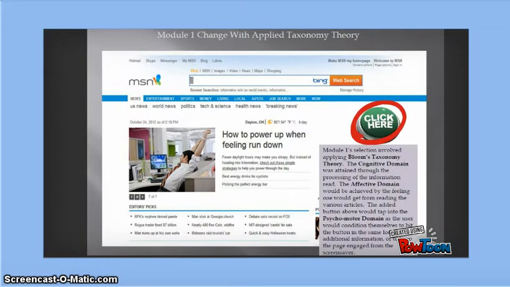So in my Module 1, the selection I made involved Bloom's taxonomy theory. The cognitive domain was attained through processing of the information that one read, as they would read some of these stories or journals, articles. The affective domain would be achieved by the feeling one would get from reading those various articles. So the added button right here,